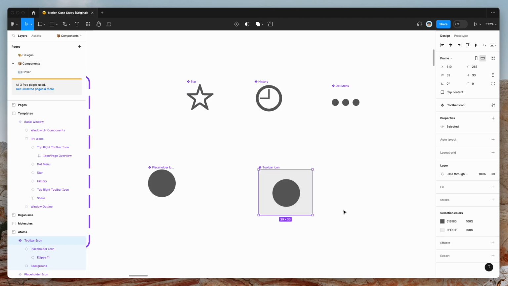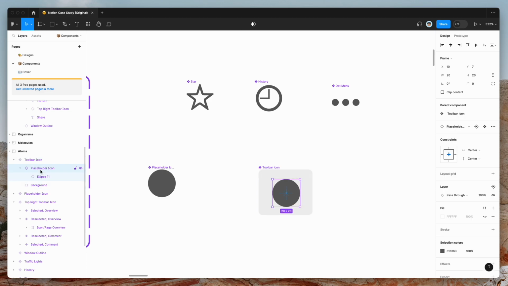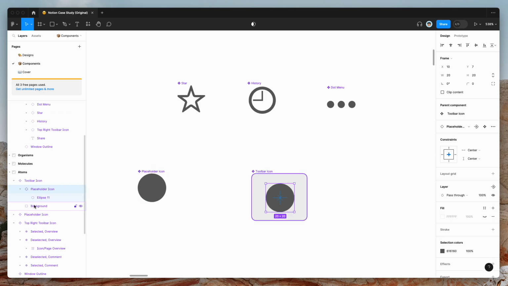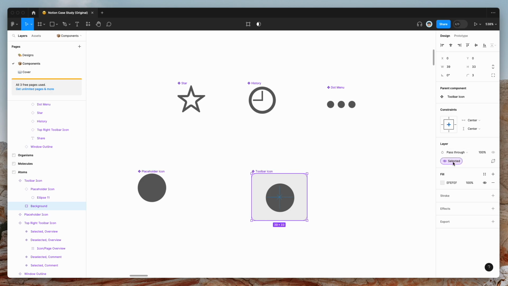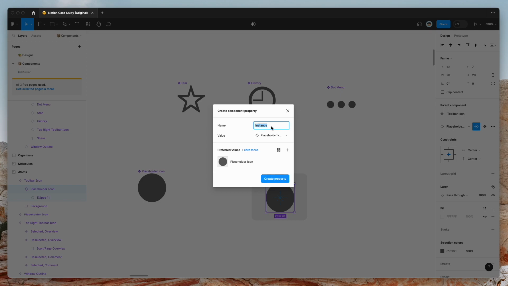But the first thing we need to do to make our life a little easier is to go and create an instance swap property. And this is why I created this very, very simple ellipse as a component. Now, if I go and select that, and in the same way that for our background, we have a layer visibility Boolean property, I can go and create not a Boolean property, but an instance swap property for the icon. So if I click on this, and I'm going to call it icon type,